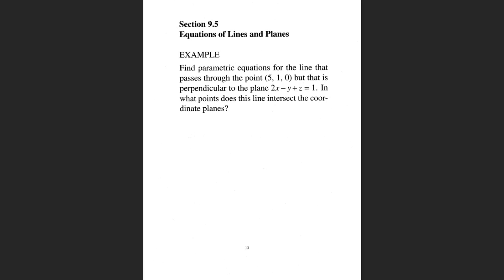Okay, so this problem, what we want to do is find parametric equations for the line that passes through the point (5, 1, 0) but is perpendicular to this plane. And then we want to know at what points the line intersects the coordinate planes. Now, these kinds of problems in section 9.5,